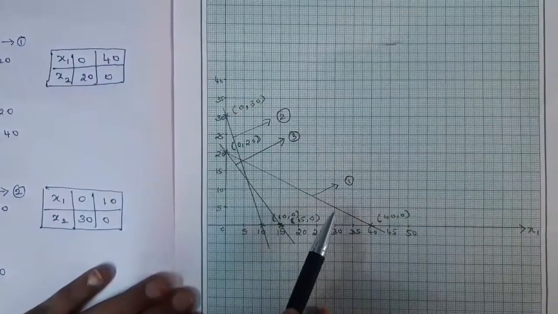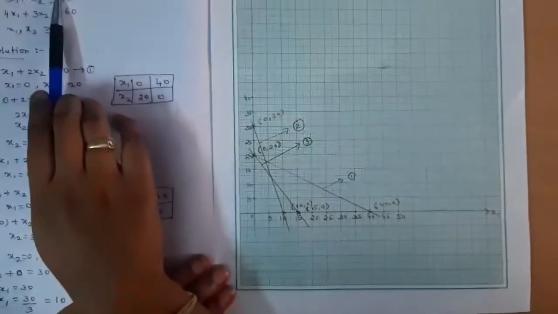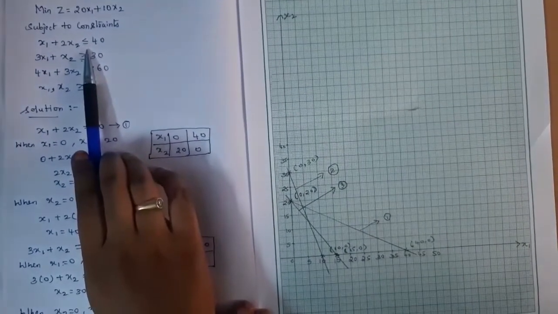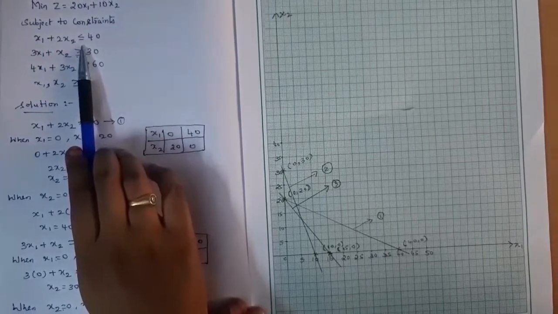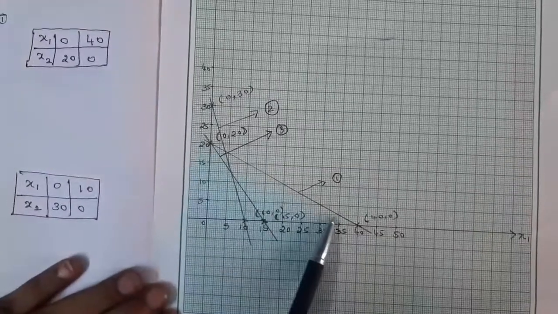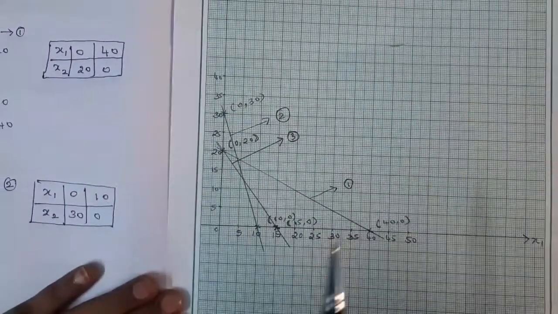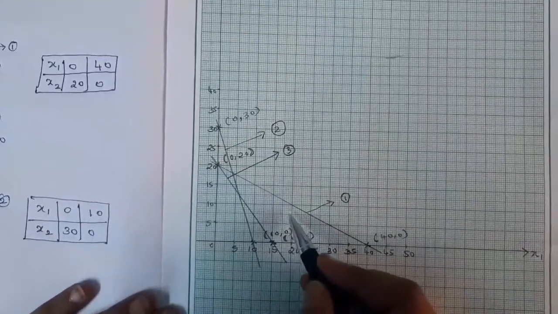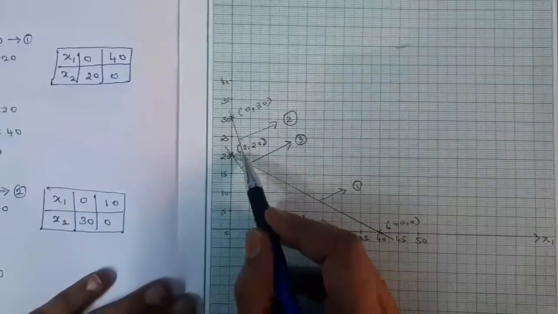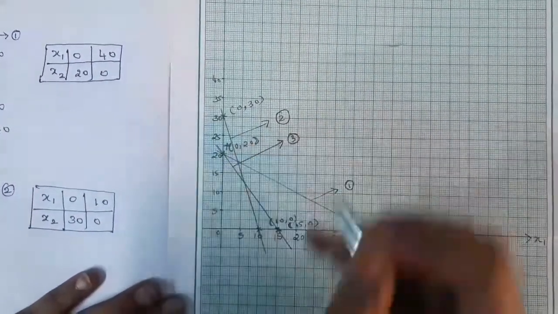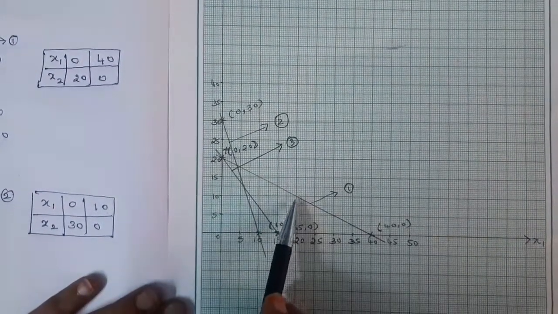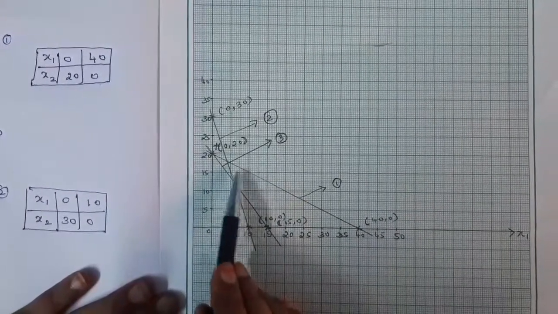Now compare all the constraints. The first constraint condition is less than or equal to, so we need to consider the below region of the line and omit the above region of that line. This is the line we got using the first constraint. When you consider this line, the below region is this and this. This region comes above the line, so we are going to omit this part. We are considering this region and this region, because they come below the line, since the constraint condition is less than or equal to.